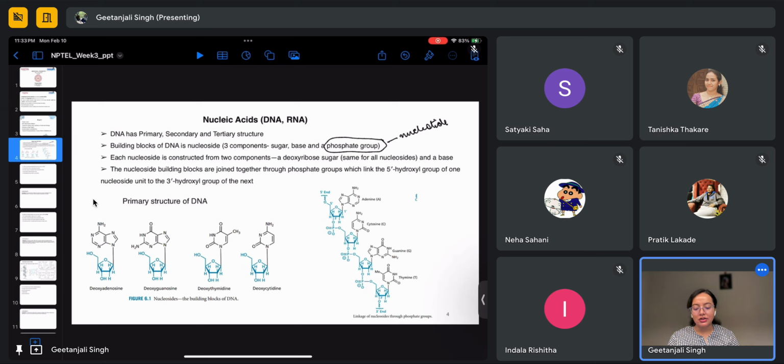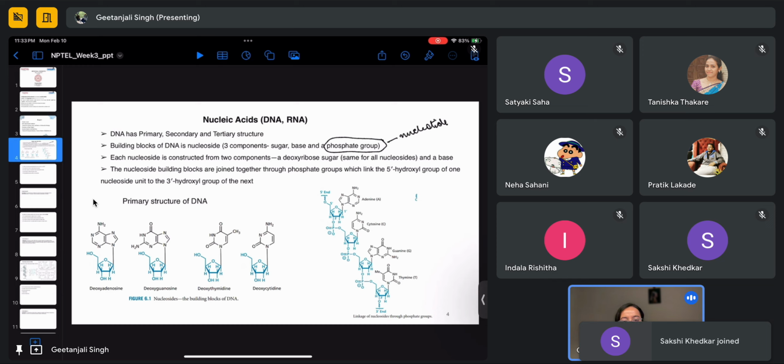So the primary structure consists of a building block called nucleoside that has two components, sugar and base. Sugar is deoxyribose sugar, and that's same for all nucleosides. The only change that makes a nucleoside is change in the base. Now, this base can be purine and pyrimidine. Like a purine, say adenine, guanine, and pyrimidine is